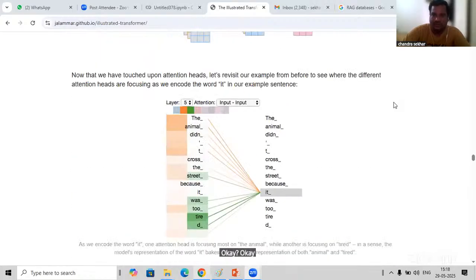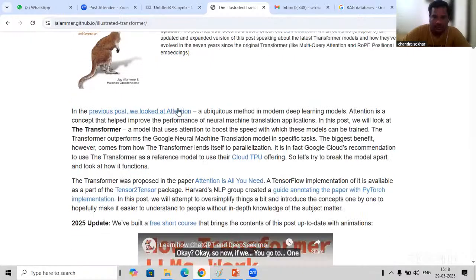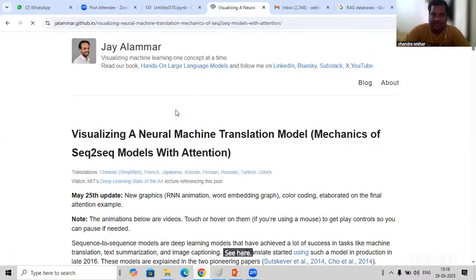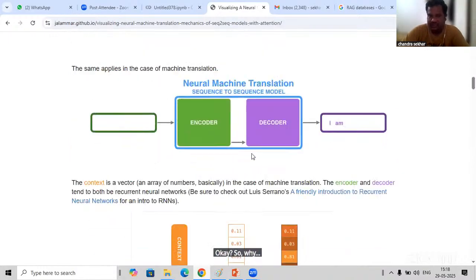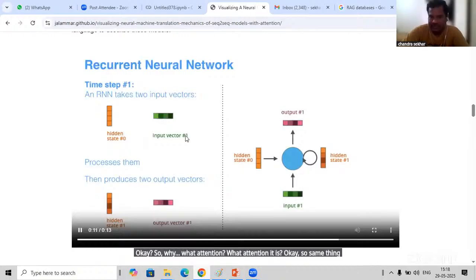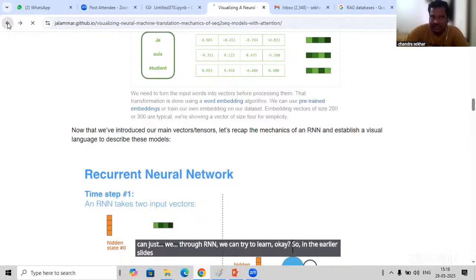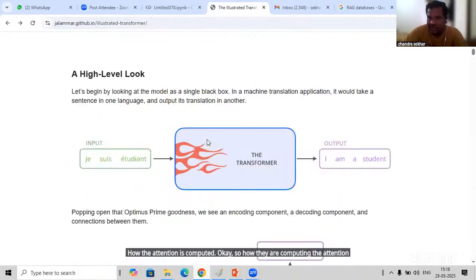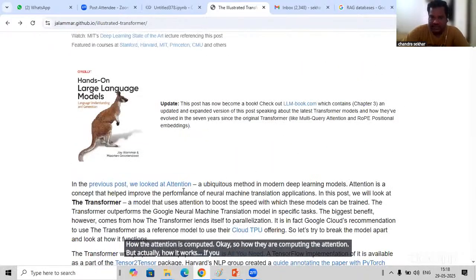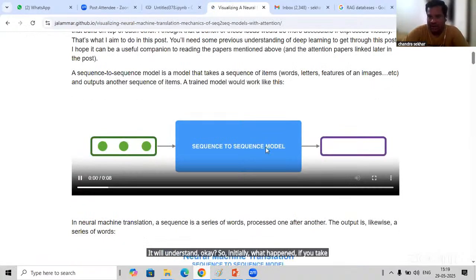Okay, so now if we go to one more, see here in the attention model. So this is what happens. What attention is: the same thing we can try to learn through RNN. In the earlier slides, we saw how attention is computed, but how it actually works, if you see these slides, you will understand. So initially, if you take any RNN model,